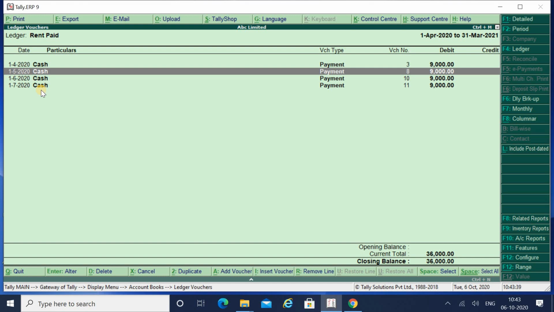So this was about creating duplicate vouchers. If you are doing the accounting work for the whole year, it sometimes happens in a small business that you don't account your transactions every day, and you account for the whole year because you have very few transactions. Then there is no need to create the voucher entry again and again through accounting voucher. You can create your entry once, and then just go to that ledger for which you want to create the same entry every month. Yes, it is possible by using this duplicate key. So this was all about creation of duplicate entry.